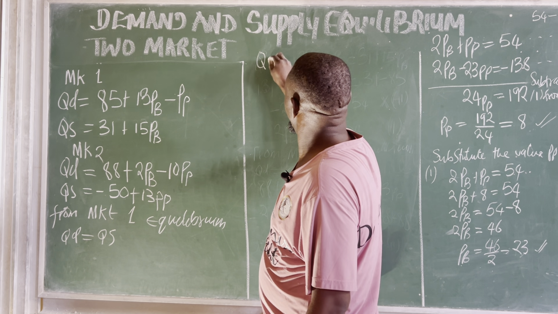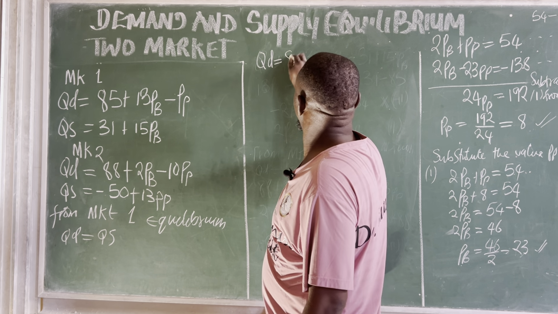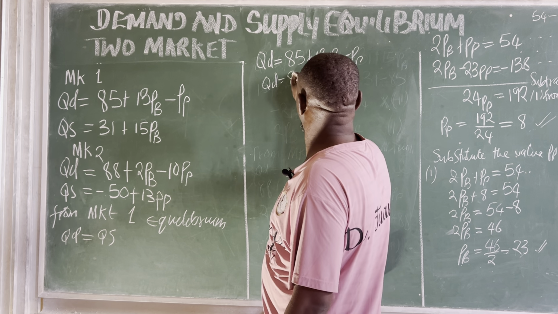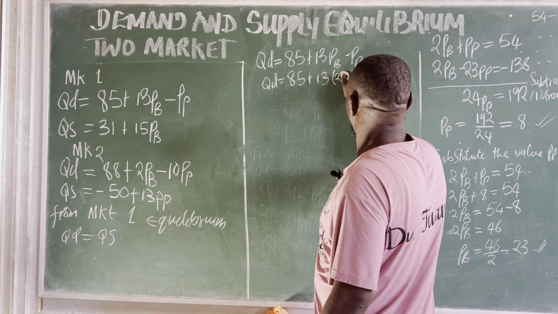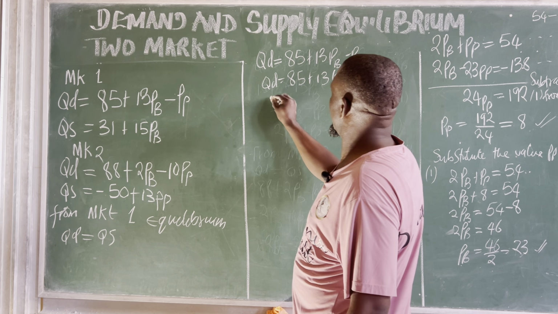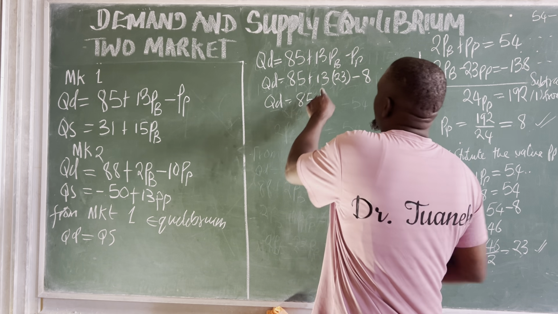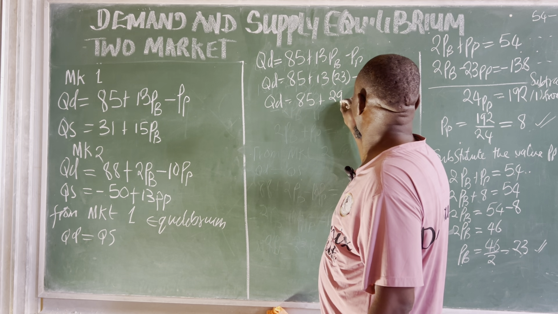So our QD will be equal to 85 plus 13PB minus PP. So that our QD will be equal to 85 plus 13 times our PB, which is 23, minus our PP, which is 8. So 85 plus 13 times 23 will be 299, minus 8,